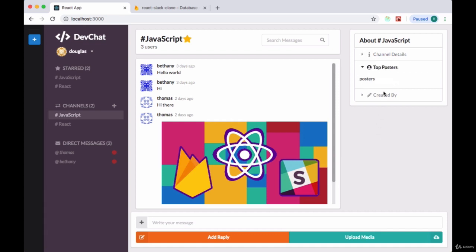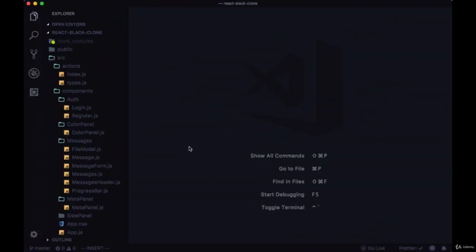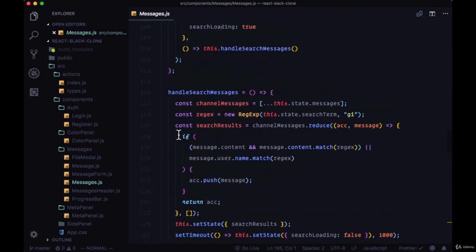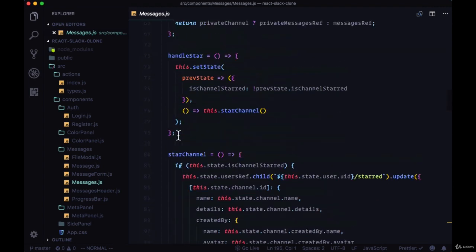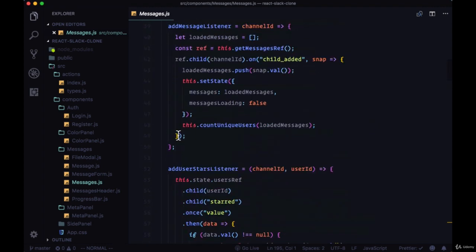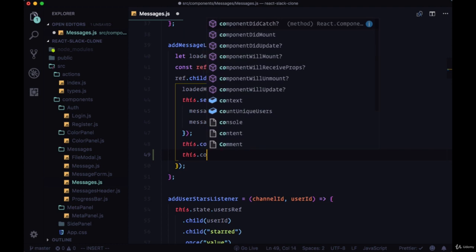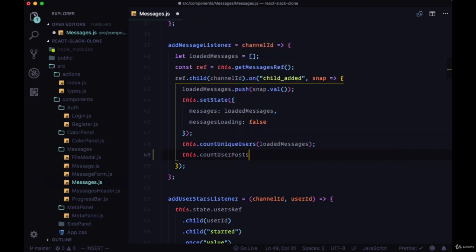Now, as part of the last step, we want to display all the top posters for a given channel, all of the individuals who have posted the most in a given channel. So back in our messages component, we're going to head up to the add message listener function and execute a new function that we'll create called